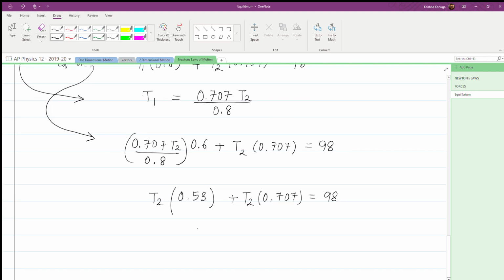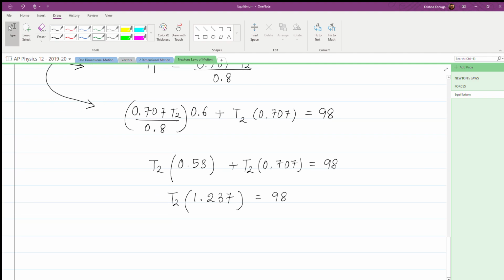Now we can combine the two and we get T2 times 1.237 is equal to 98, and then we can solve for T2 as 98 divided by 1.237, and this is about